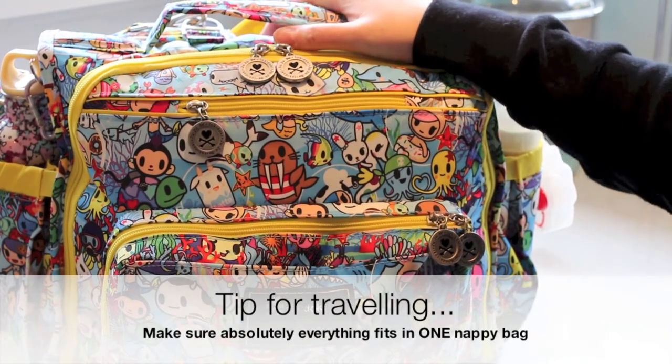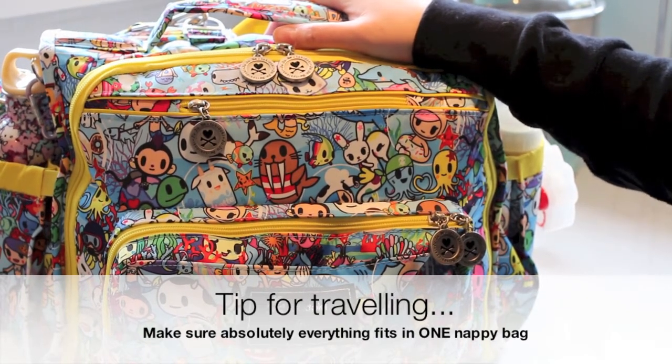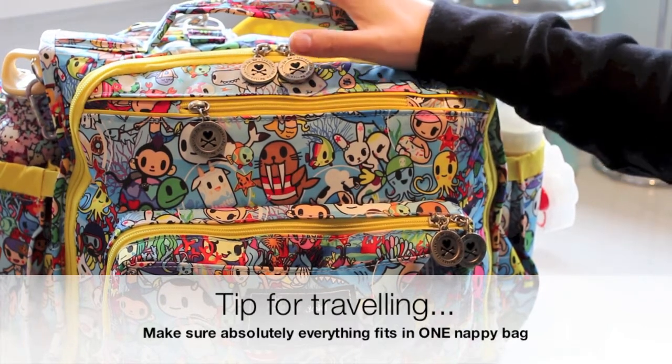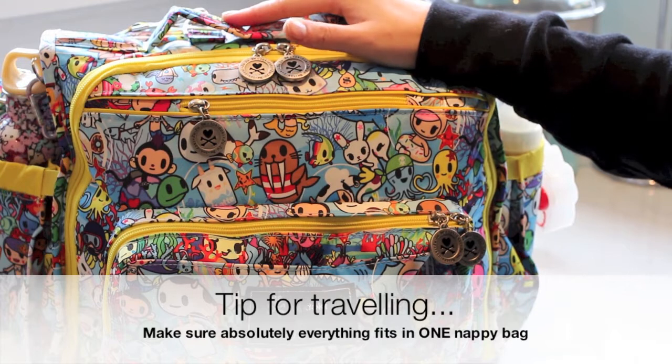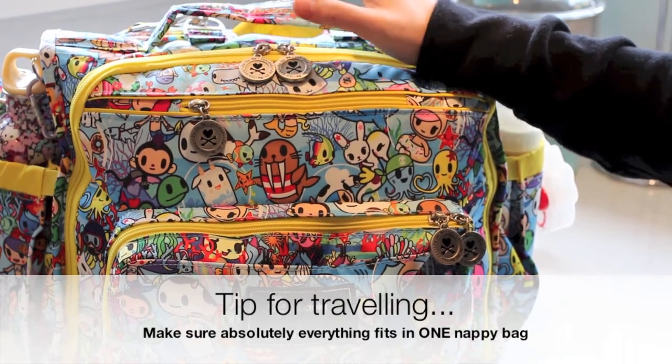The reason being, and I can give you this as a tip, when you're traveling, especially when you're going from terminal to terminal, the last thing you want to do is have separates. You want to be able to fit absolutely everything in your bag, and that includes blankets, toys, etc. In this particular bag, I could only fit